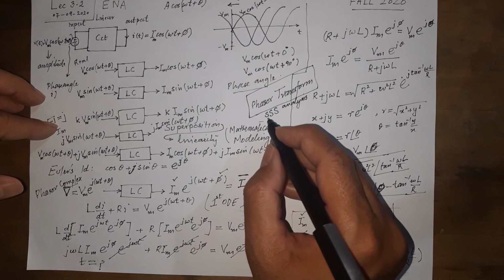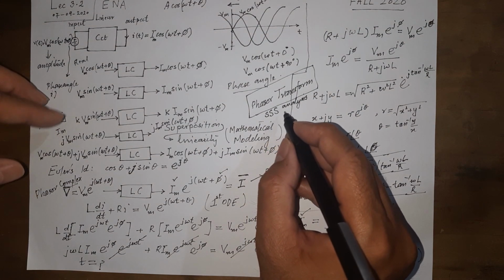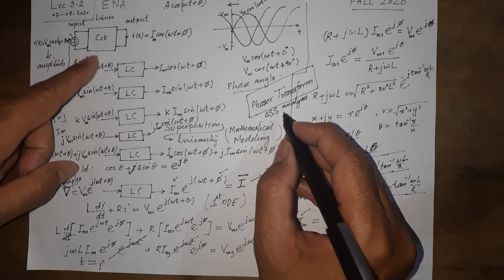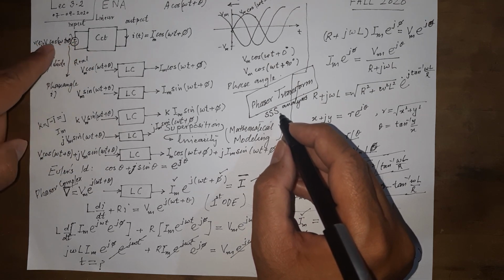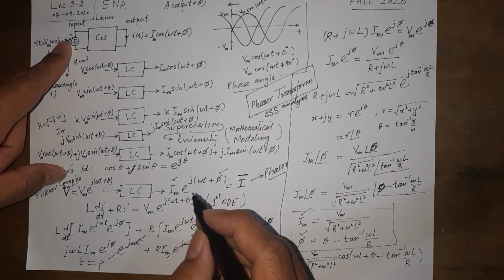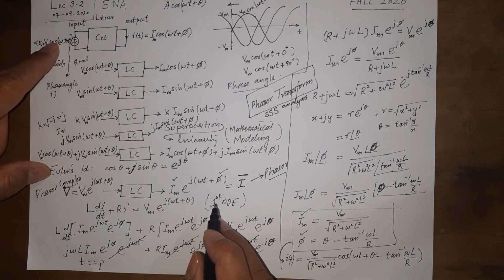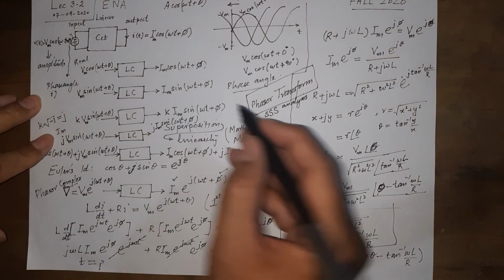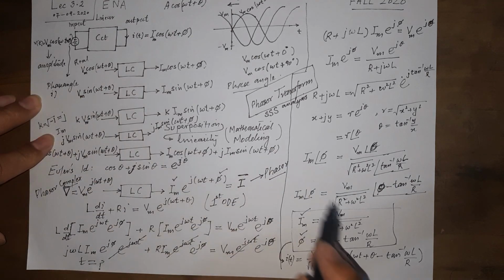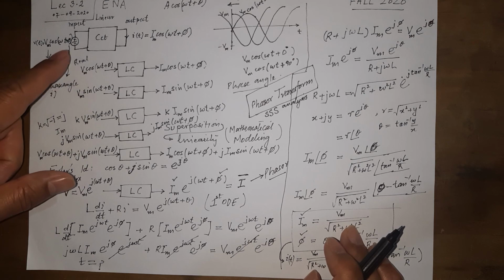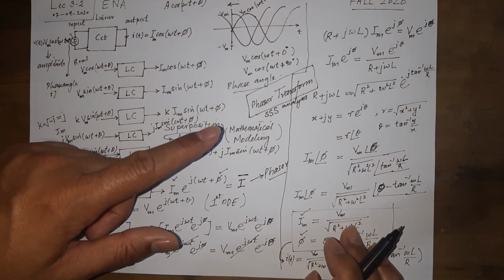And where will sinusoidal steady state analysis be applied? When we are dealing with sinusoidal circuits. So we cannot change this source and say it's a DC source and then apply phasor. No, we cannot change the source and say it is a source like this, say V(t) is equal to t. Now t is not a constant, t is not a sinusoid as well. So only when we are dealing with pure sinusoids is when we apply phasor transform.